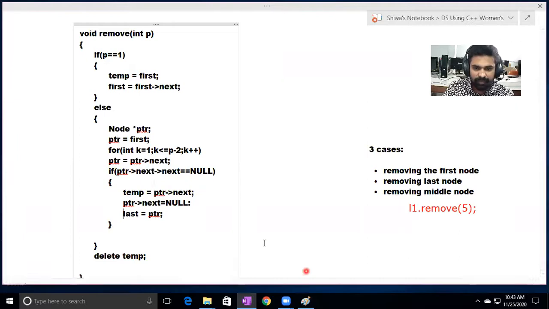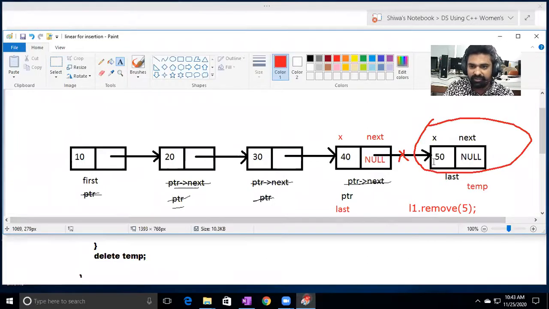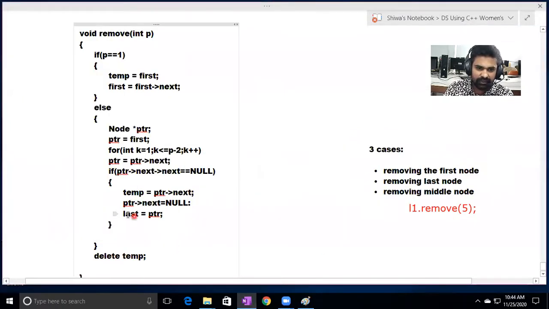So we are making pointer next the temp because we want to remove this temp. I'm holding this last node's address in the temp. Now this is the pointer, and after this no node is there because we are removing the last node. So we make pointer next value null. Then we make the pointer the last node by writing last equals pointer.